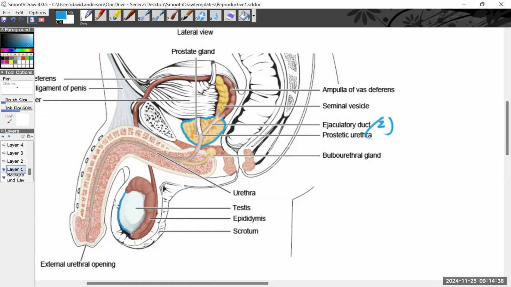So this duct system initially began in the testes. So here's our testes. And this represents the epididymis, and the duct that leaves the epididymis is the ductus deferens or vas deferens. It leaves the scrotum, travels over the symphysis pubis. Remember, there's going to be two of these, right and left, and into the pelvic cavity, sort of lateral along the upper parts of the bladder, behind the bladder,